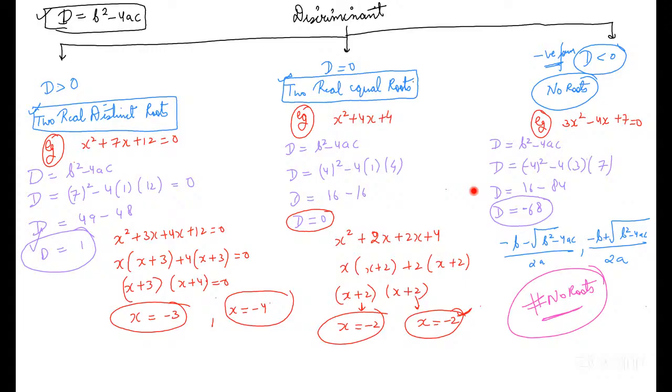See, whenever D is smaller than 0, means in negative form, like minus 5, minus 7, minus 8, there will be no roots. No roots means there is no real value that, when you put it instead of x, gives the answer as 0. So you are getting D as minus 68. We take this equation, it's a complete equation. In this complete equation, we can see that the answer is minus 68. Now you're getting the answer minus 68, and here if you're getting